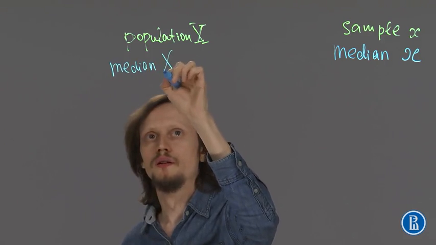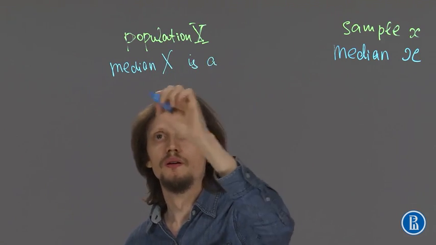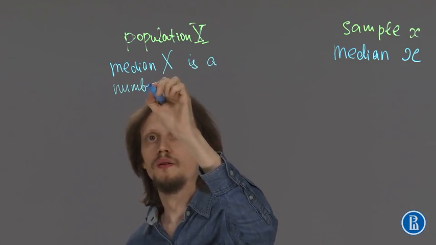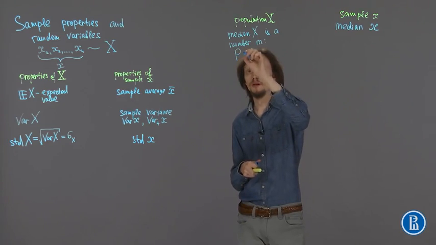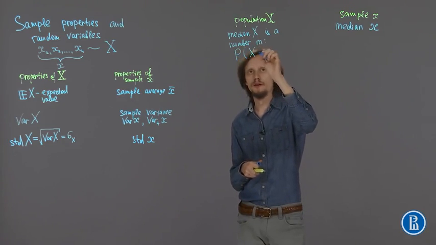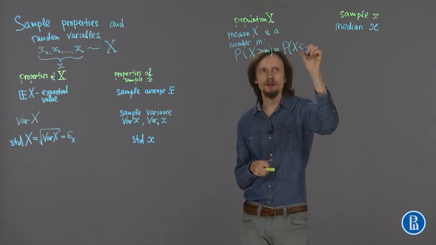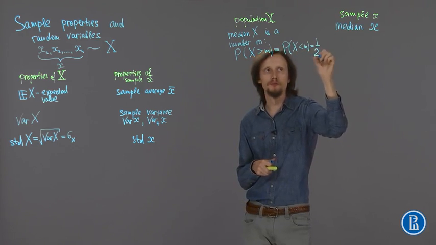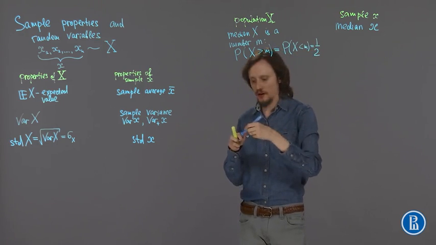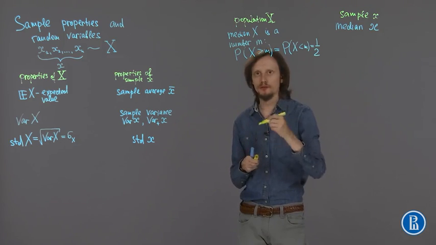Median of x is such a number m that the probability that x is greater than m equals the probability that x is less than m, and both are equal to 1/2. So if we have some distribution that is given by a probability density function,